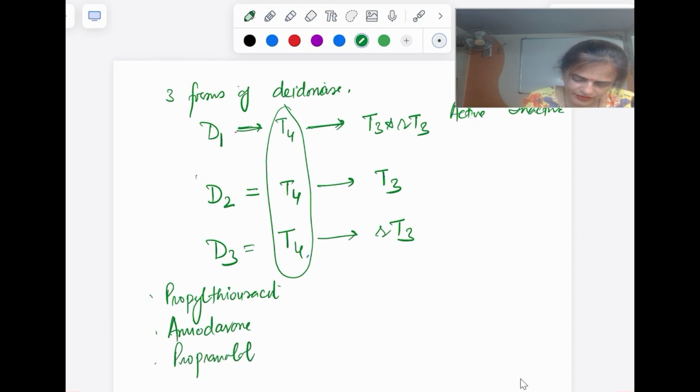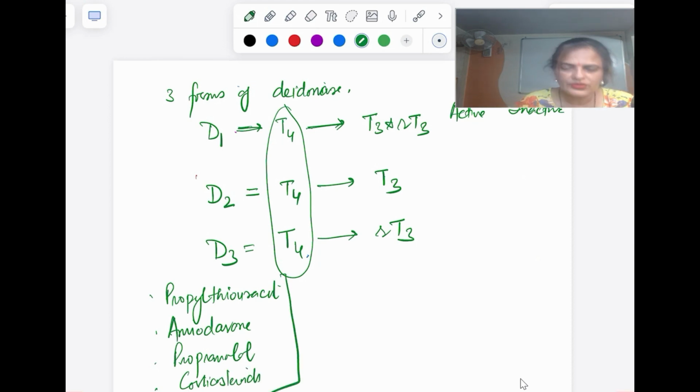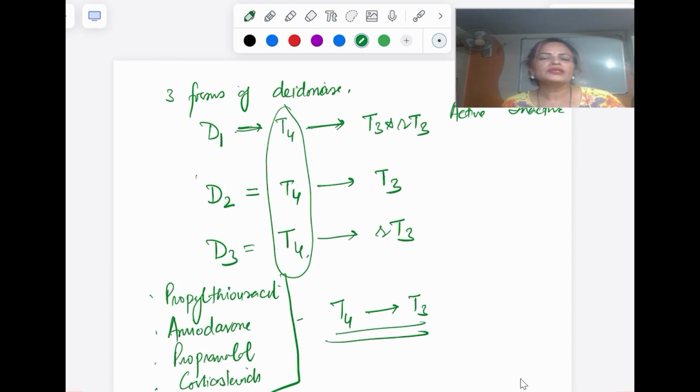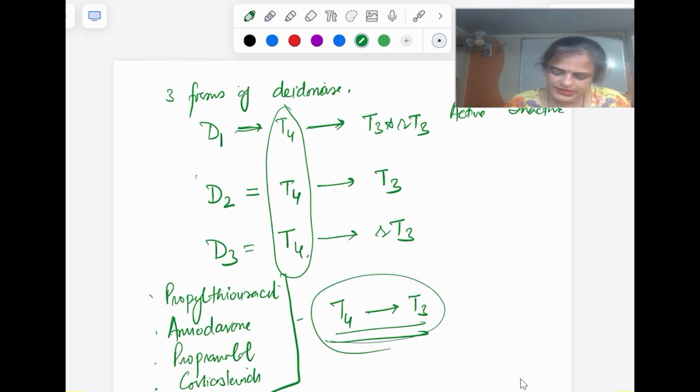And then we have another group of drugs, that is corticosteroids. So these are the drugs which are going to inhibit the conversion of T4 into T3. So in the next video, I will be taking, once this T3 and T4 are released, how they are going to act,